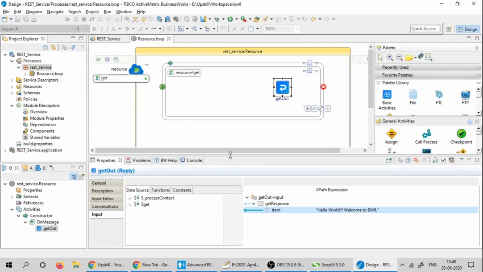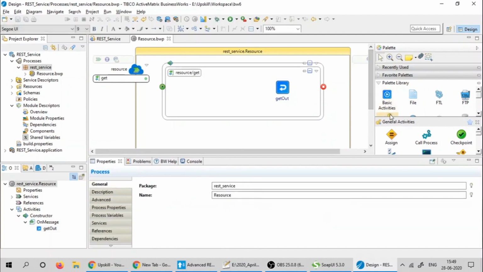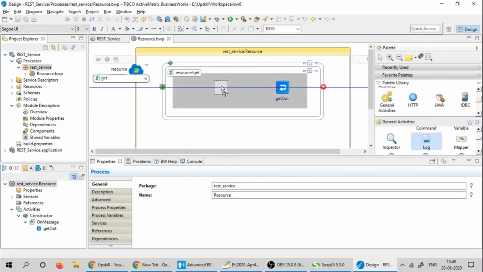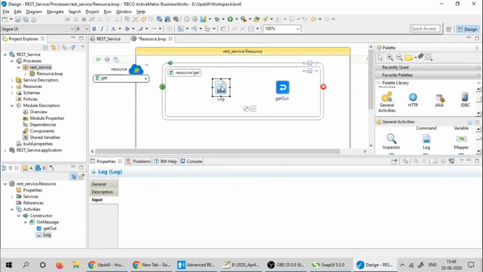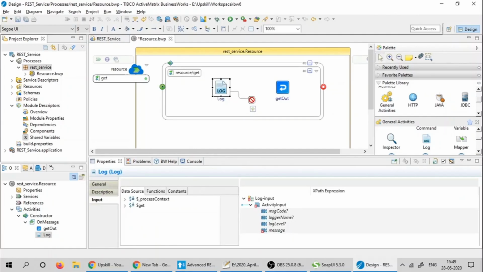I would like to add a logger to my process. For that I will go to general activities and go down till I locate log activity. Drop it in the process canvas. Drag this transition to connect to get output activity,